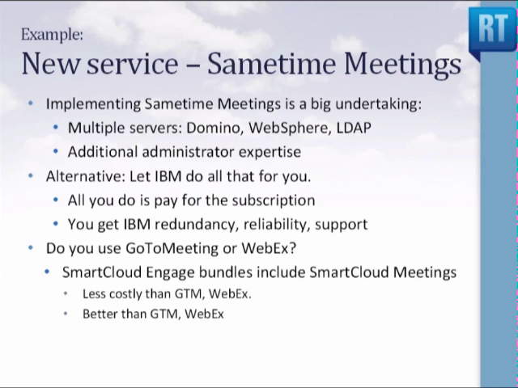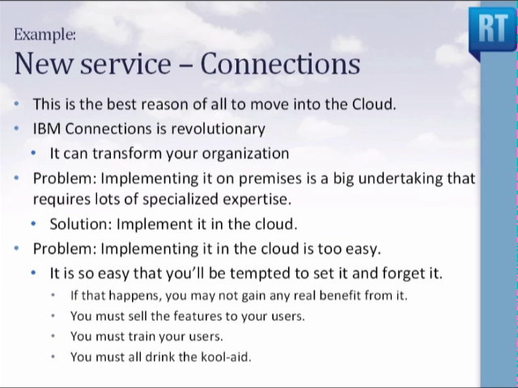Okay. Final example here, IBM Connections. And by the way, I consider this to be the best reason of all to move into the cloud, into IBM SmartCloud. IBM Connections is powerful, revolutionary software that can transform the way your organization does business. But we have the same problem here that we had with meetings. Implementing it on premises is a pretty big undertaking. There are a lot of WebSphere servers that you have to set up. And if you want failover, load balancing, that kind of thing,